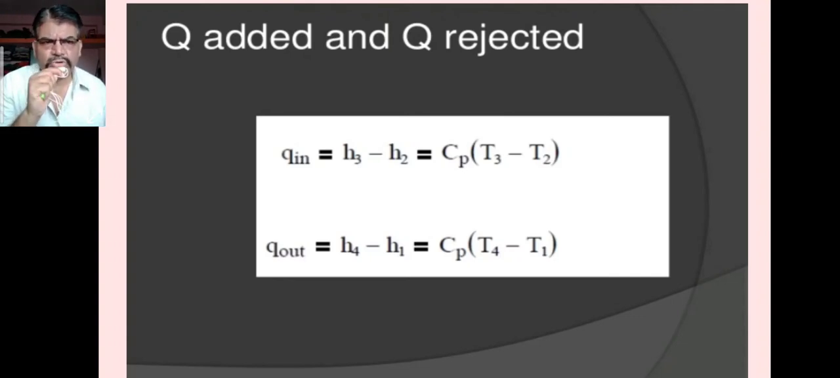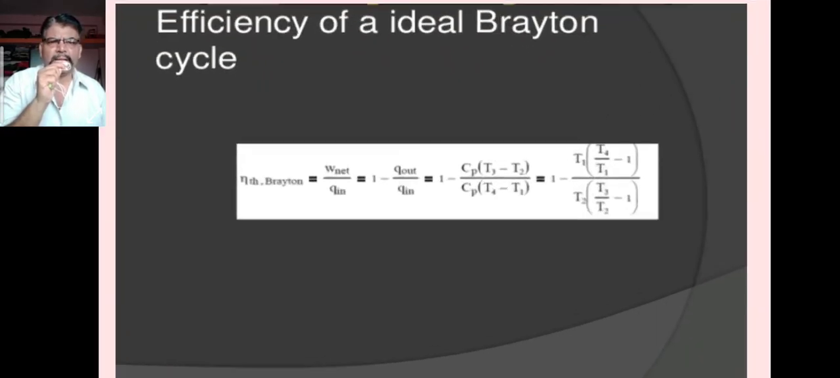If the mass is unit, it means that is Cp (T4 minus T1). It means specific heat at constant pressure, higher temperature minus lower temperature. Then the important is efficiency of Joule-Brayton cycle. It is given, that is